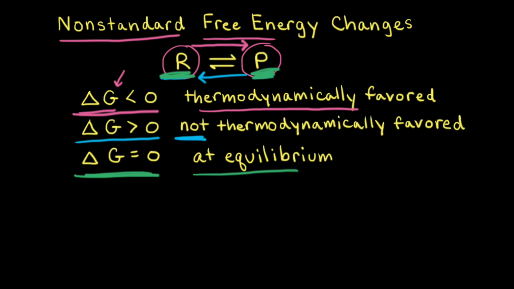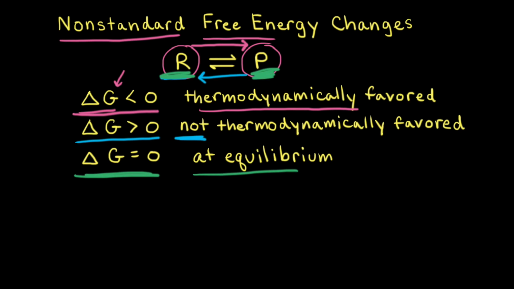So it's useful to think about non-standard change in free energy as the driving force for a chemical reaction. As long as there's a difference in free energy between reactants and products, the net reaction will move one direction or the other, to the left or to the right. However, when there's no difference in free energy between reactants and products, there's no more driving force, and the reaction